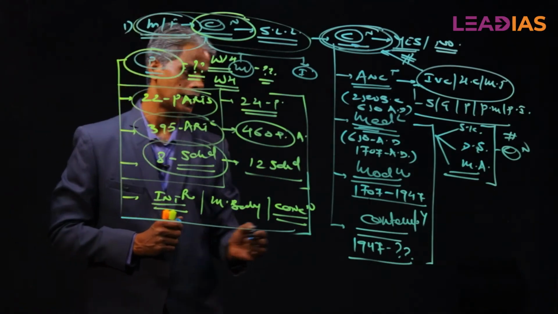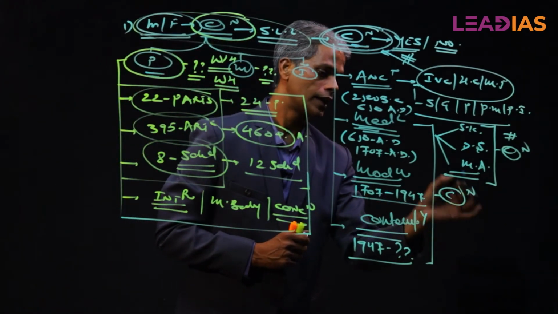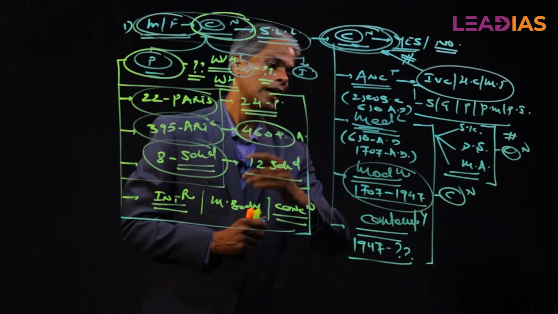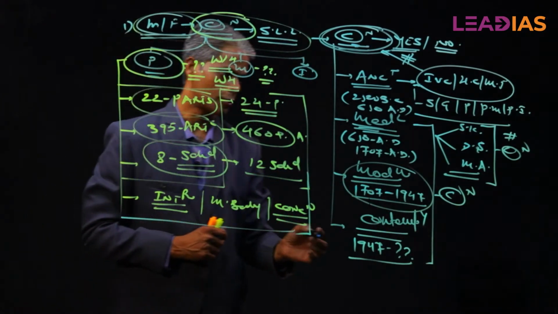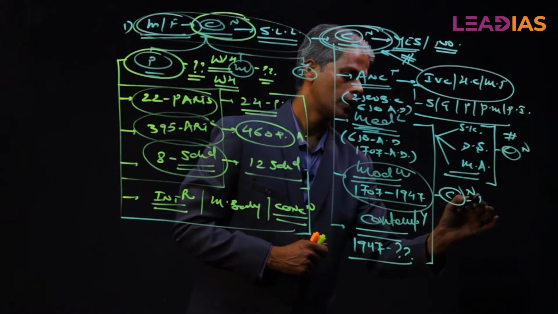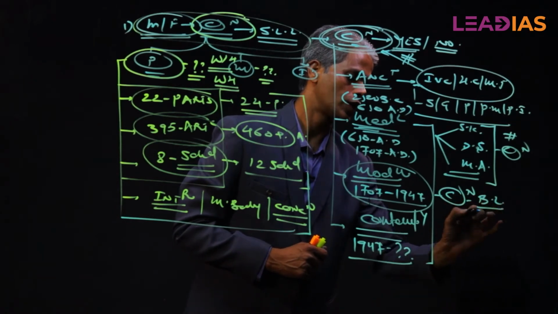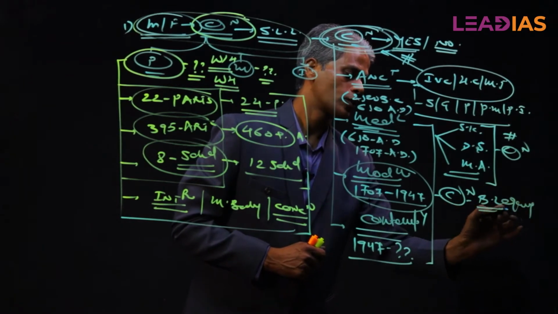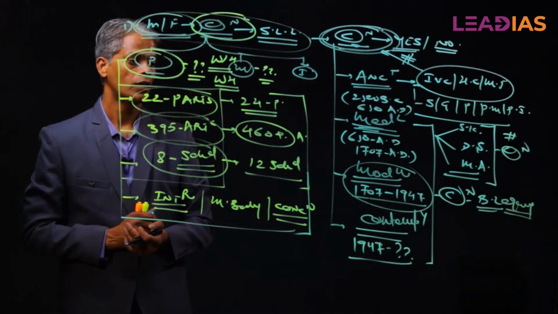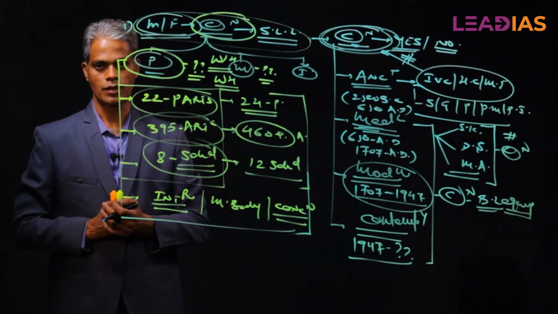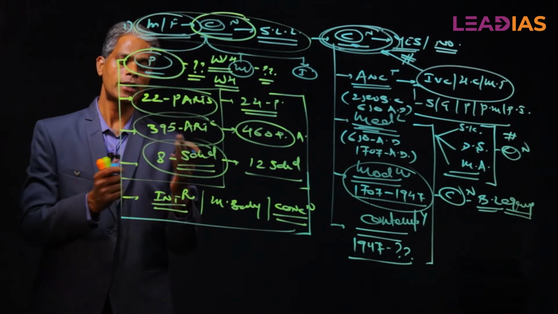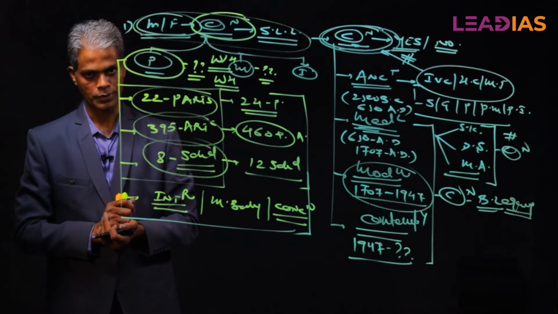In that sense, the Constitution is nothing but a modern phenomenon. And when we say modern phenomenon, this term was introduced by none other than the Britishers, or we call it the British legacy. So there we got the idea of the Constitution, and the modern-day Constitution is very much a legacy of the British people.